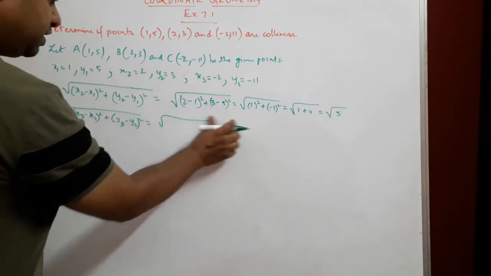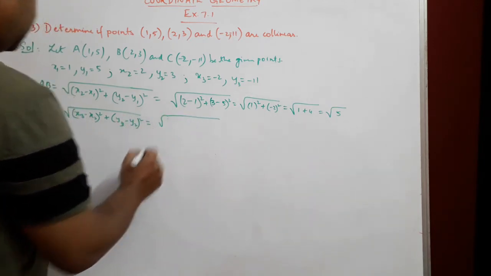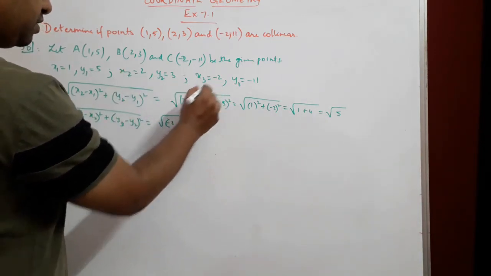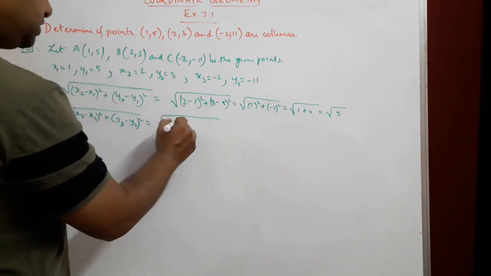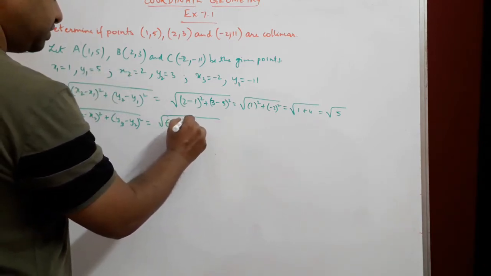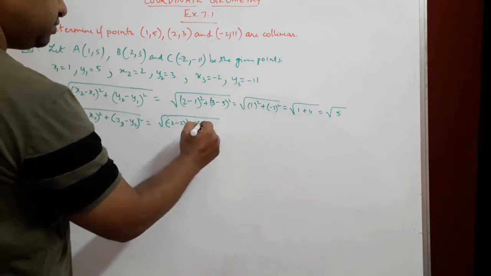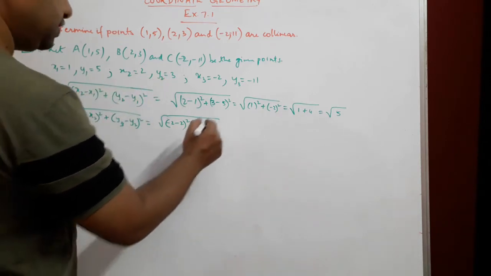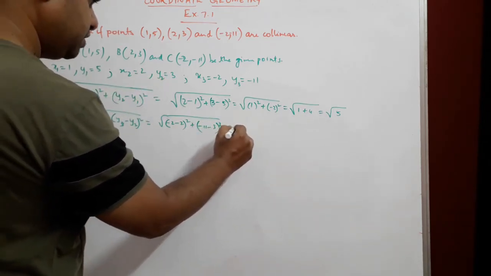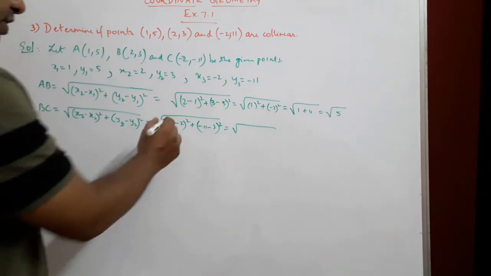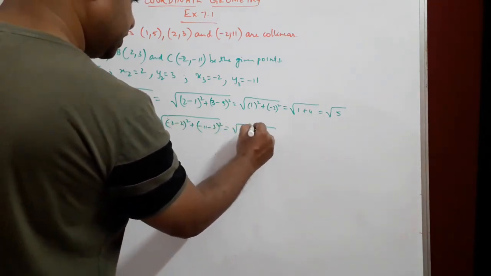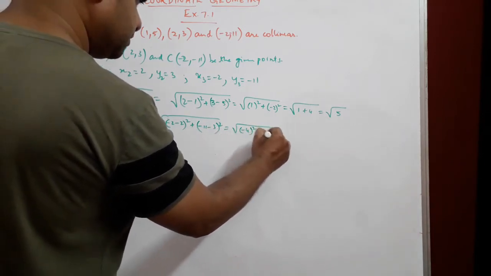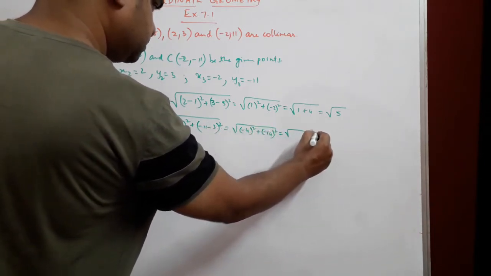So let us see what we get. x3 is -2 and x2 is 2, so that will be -2 minus 2, plus y3 is -11 minus y2 is positive 3, so that will be -11 minus 3 whole square. Now moving further, -2 minus 2 gives us -4 whole square, and -11 minus 3 gives us -14 whole square, equal to